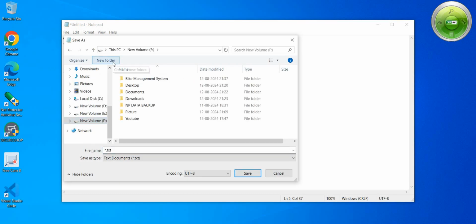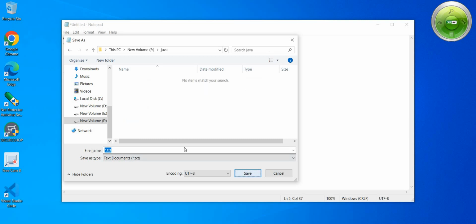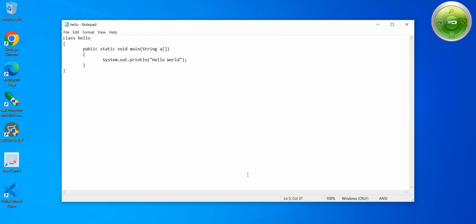In whichever folder you want to save the program, as per your choice you can select. I provided a folder named Java and I select that Java folder, open it, and in this Java folder I write Hello.java and just click on the save button. Our program is successfully saved.